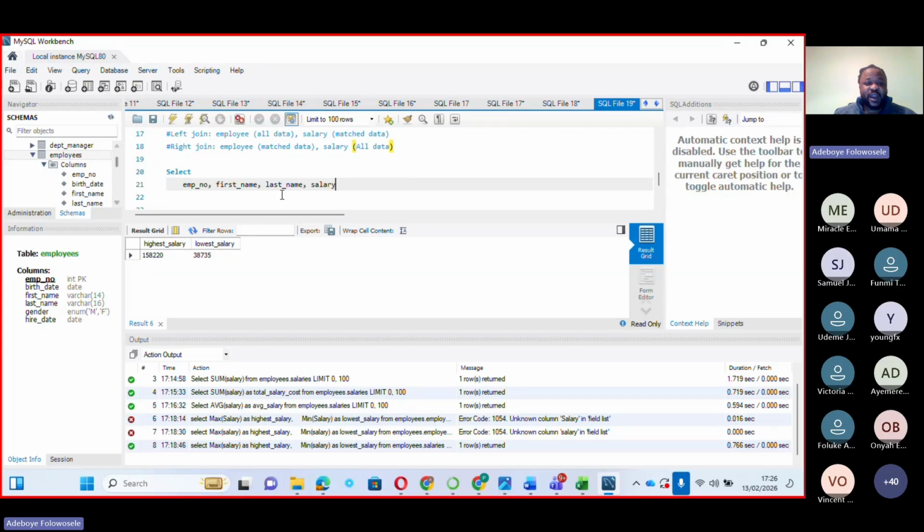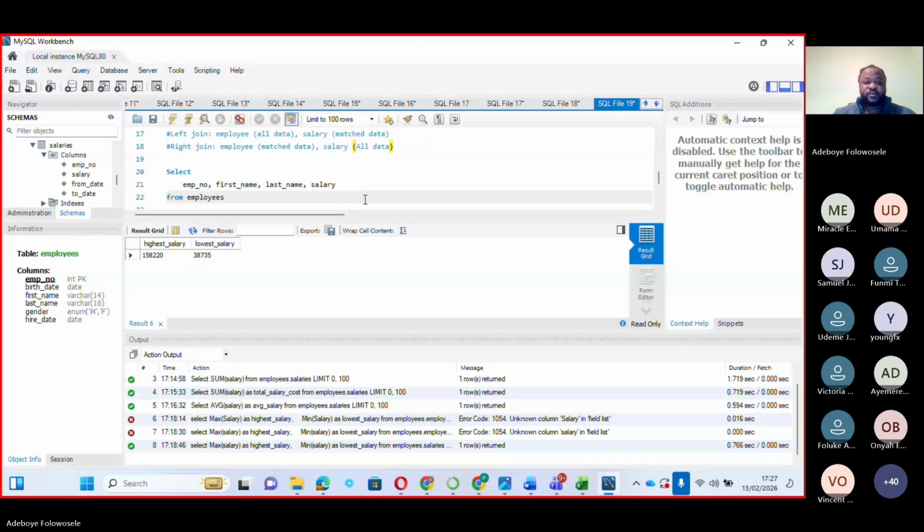Now this salary has come from the salary table. So from employees dot employees,